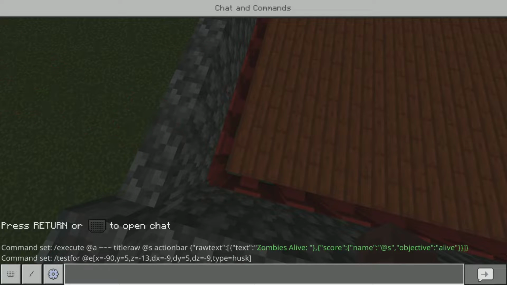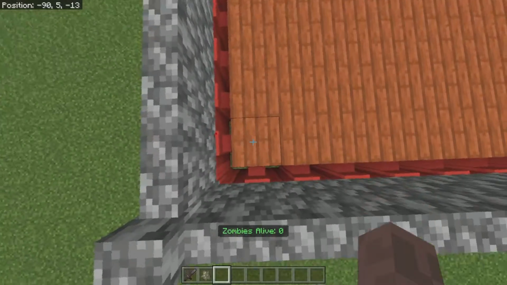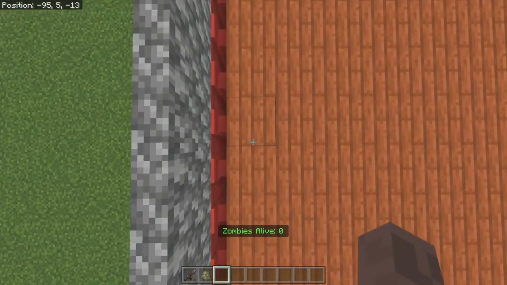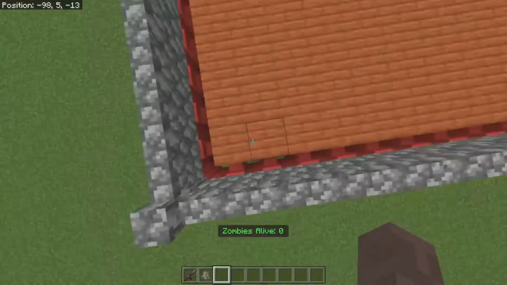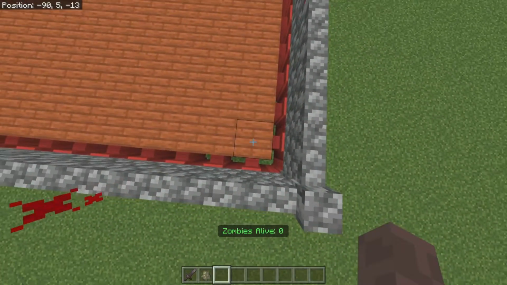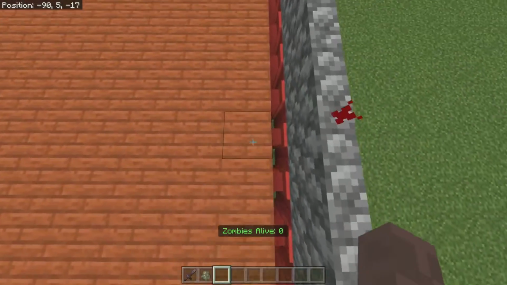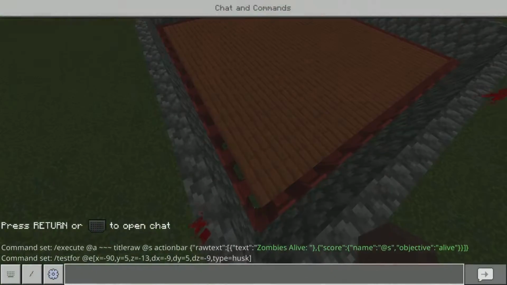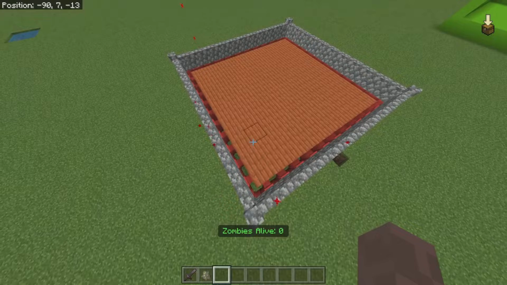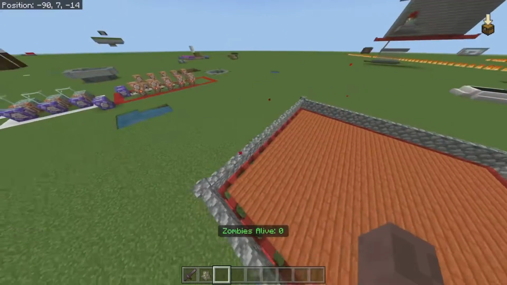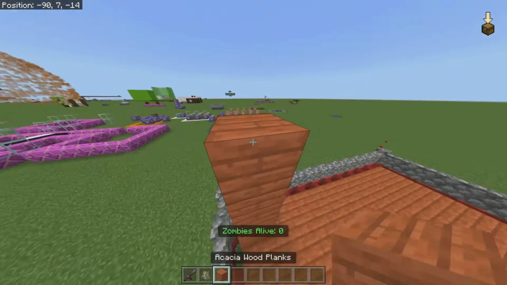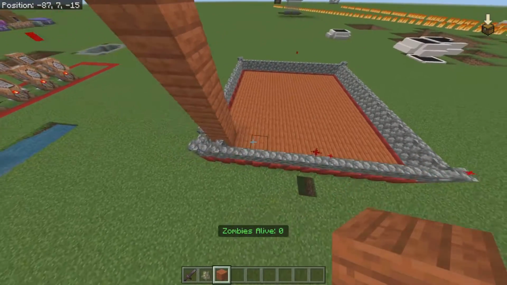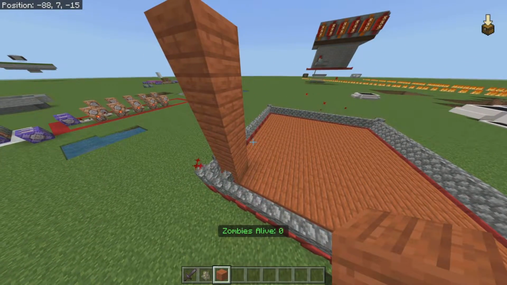So dx -9 is in this direction, which is counting upwards in the minuses, and then the z coordinate is going up in the minuses on the z coordinate, and that's what that is. And then the y value is going up, it's dy 5, so it's going up 5 blocks, so it's 1, 2, 3, 4, 5, and it's detecting if there are mobs in that area,